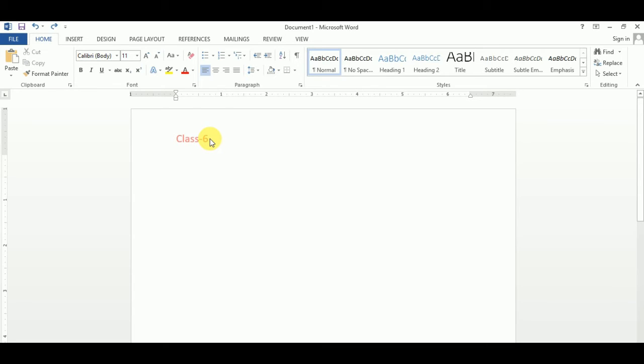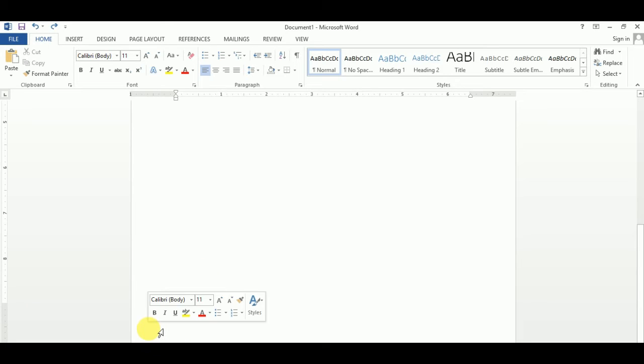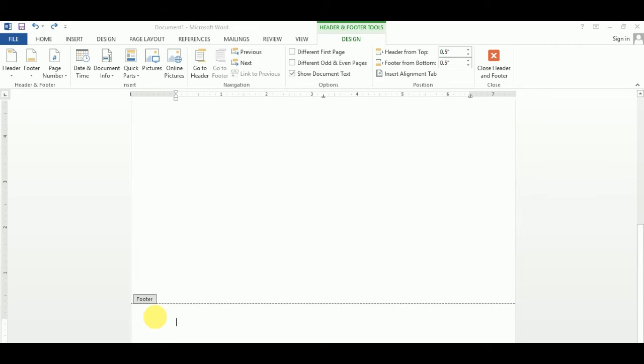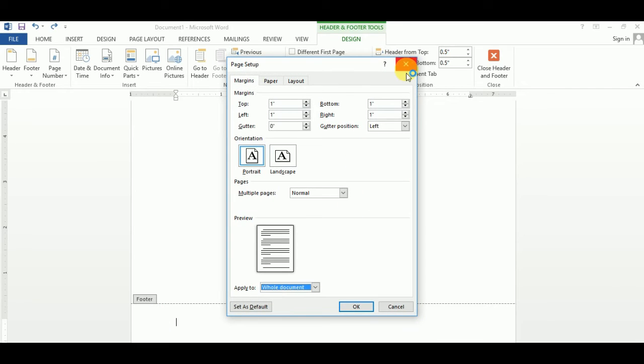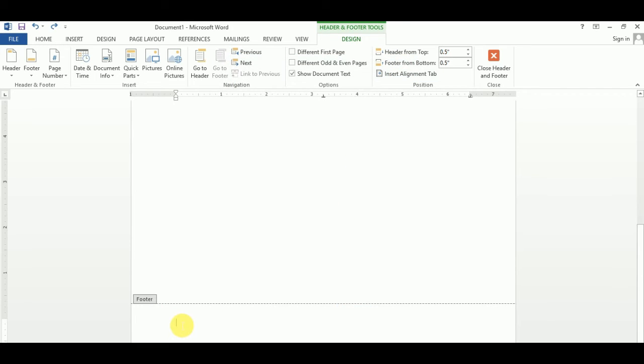Header and footer. The same process you can also use for the footer. The document margin is up to here. After the bottom margin, double click here and type the footer information, just like "ending page".